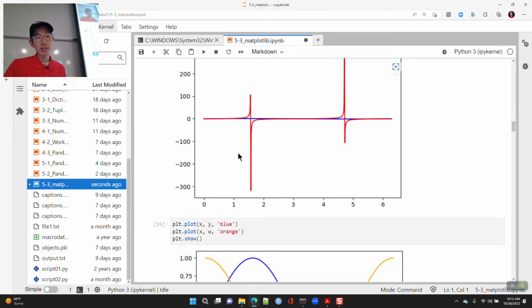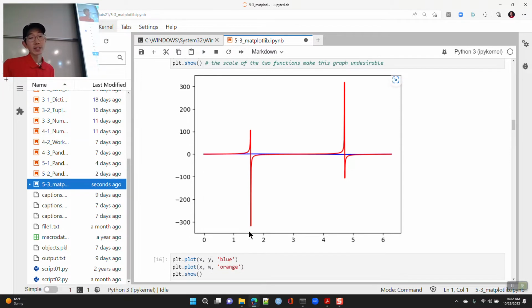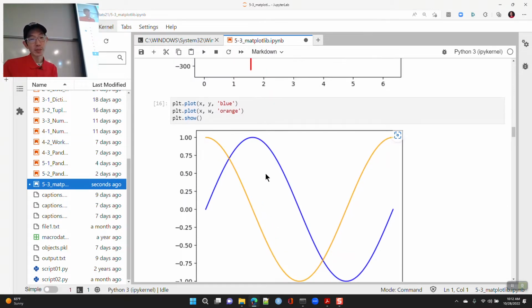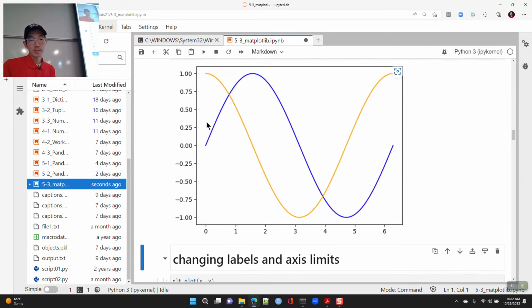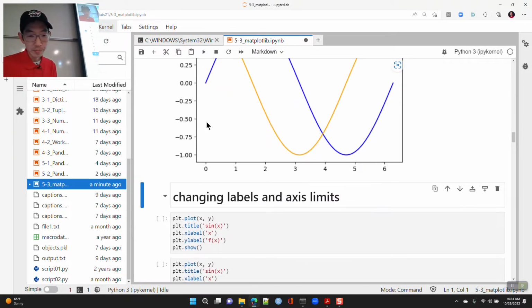And as it does this, before you call show, it's going to automatically adjust your scales, the vertical and horizontal axis. It kind of looks at, okay, what's the range of y, what's the range on z, and it says, okay, when I plot this, this is how big I need to make it. Okay, when I plot this, this is how big I need to make it. So it just kind of automatically does that for you when you call plt.plot multiple times, and then you finally call plt.show. All right, is that okay? So that's like the basics here.